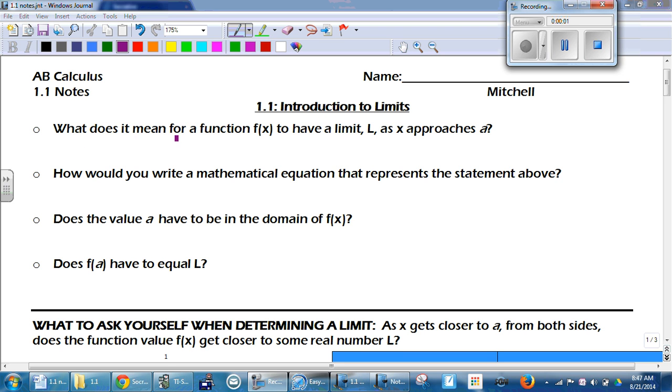Do this again. So what does it mean for a function f of x to have a limit L as x approaches a? So as x approaches a, what does that mean? It's getting closer and closer, right? So let's start off with that. As x gets closer and closer to a,